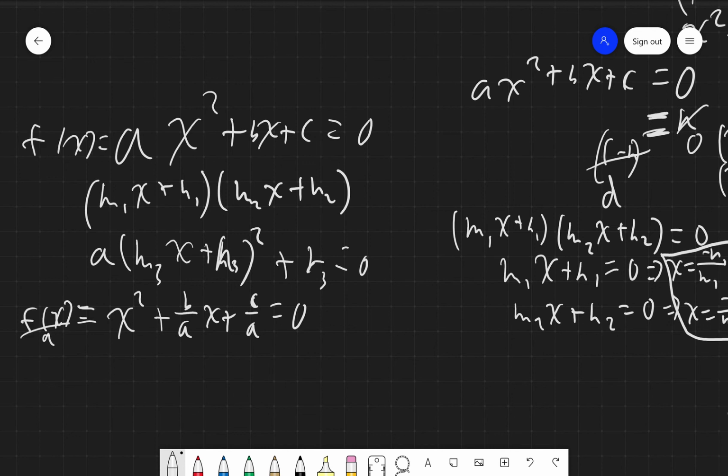There won't be any m3 because we're already dealing with a. So now if we have x plus s squared,